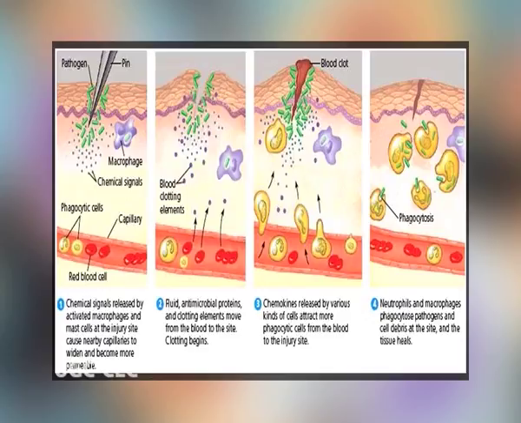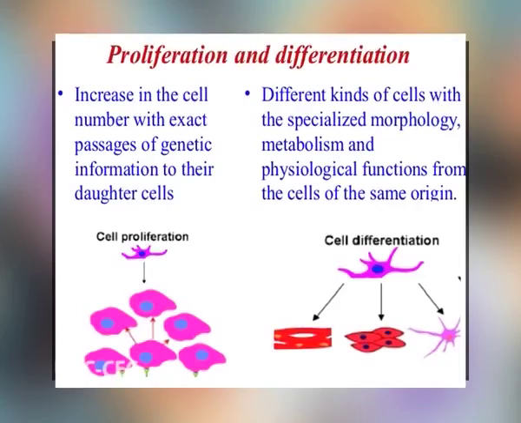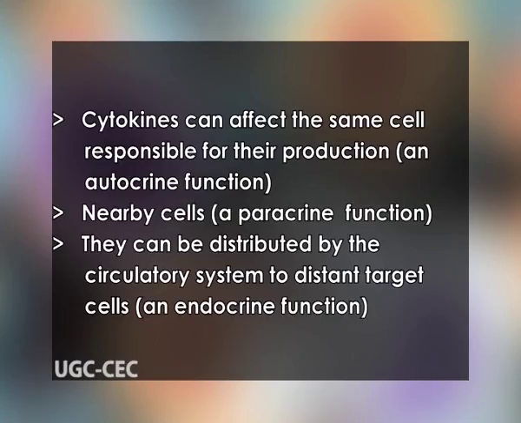They play major roles in the development of cellular and humoral immune responses, induction of the inflammatory response, regulation of hematopoiesis, and control of cellular proliferation and differentiation. Cytokines can affect the same cell responsible for their production, that is an autocrine function, or nearby cells, a paracrine function,